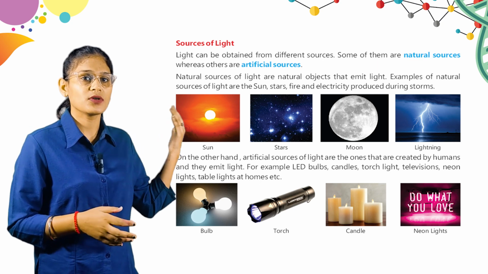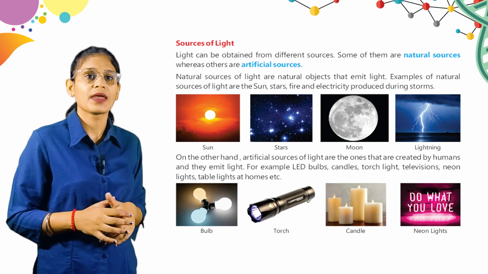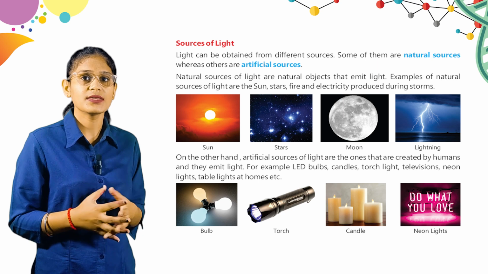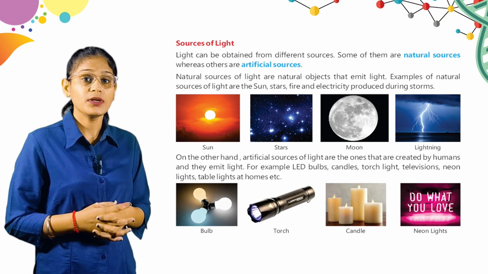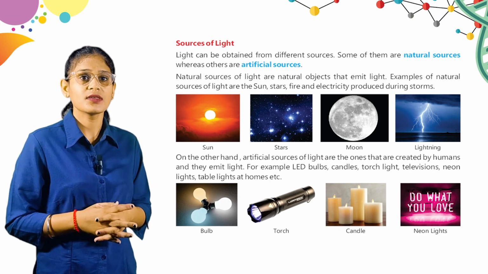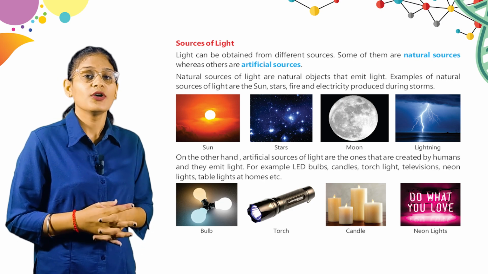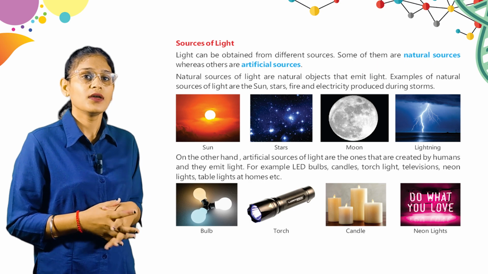Now we have some pictures. Look here, sun, stars, moon, lightning. On the other hand, artificial sources of light are the ones that are created by humans and they emit light. For example, LED bulbs, candles, torchlight, televisions, neon lights, table lights at homes, etc. So these are man-made or artificial sources of light. Look here, bulb,